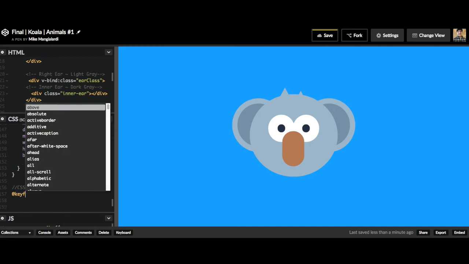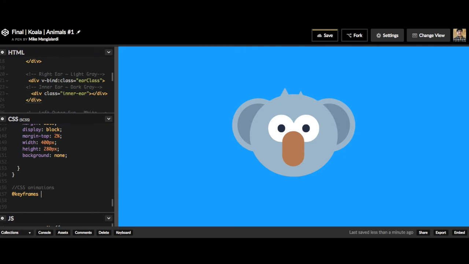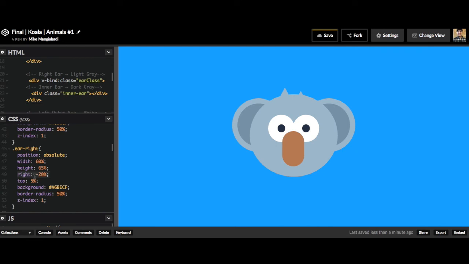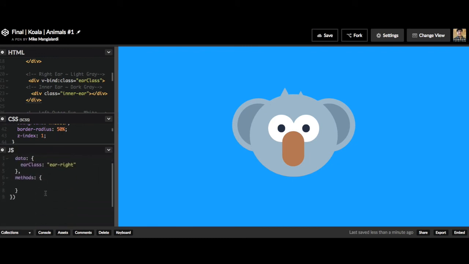So again, we do add keyframes, drag right, and then again, we're going to keep it simple with a 0% and 100%. And so what I mean by drag right is, right now, if we looked at the CSS for our ear right, we're controlling where our ear is using percentage. And right now it has a percentage of right -20% to start. So we want it to end